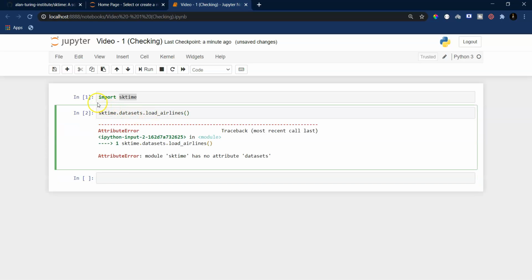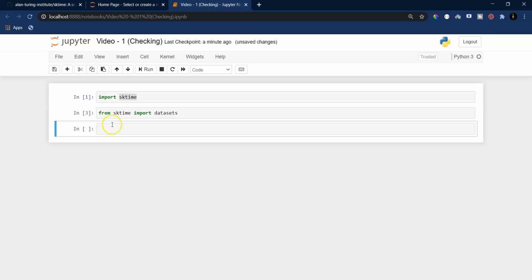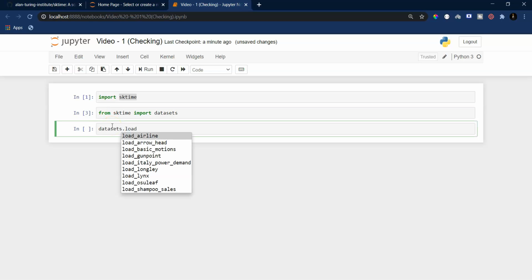It is saying skTime has no attribute called datasets. Why? Okay, let me do this: from skTime import datasets. Now this time it should work. So datasets.load_airline.